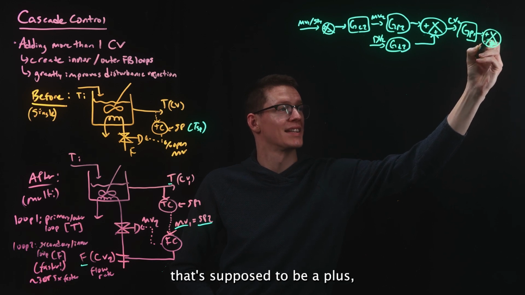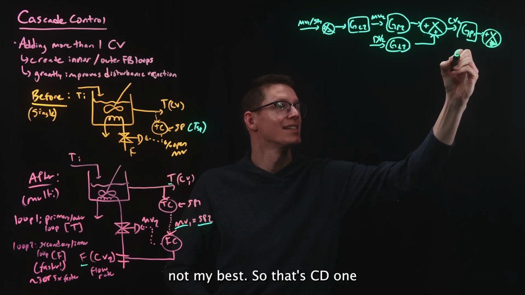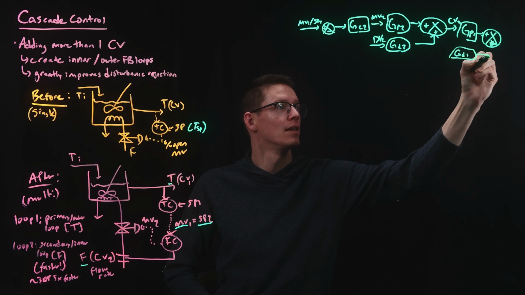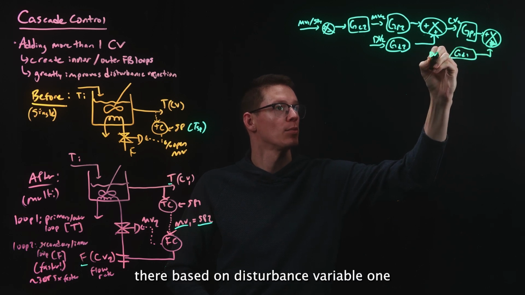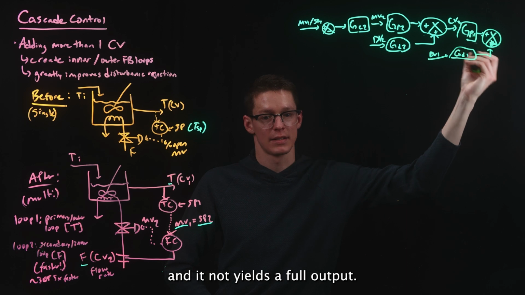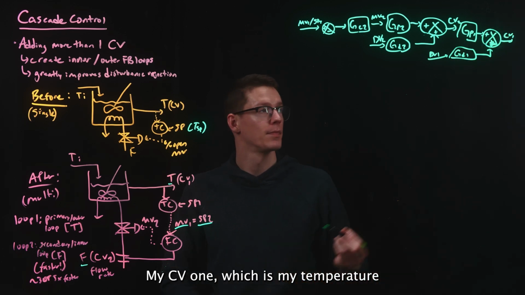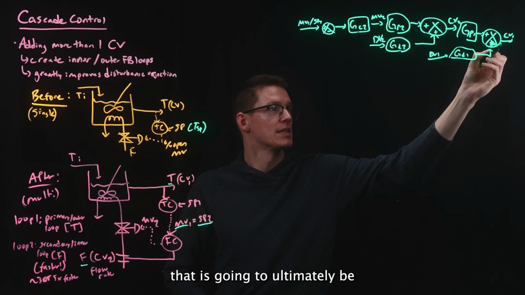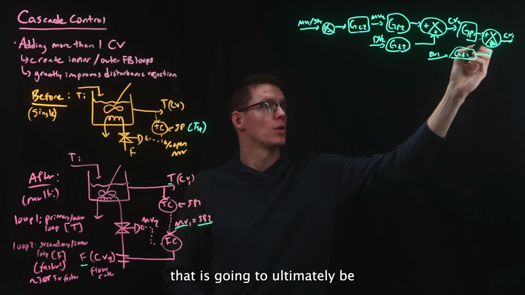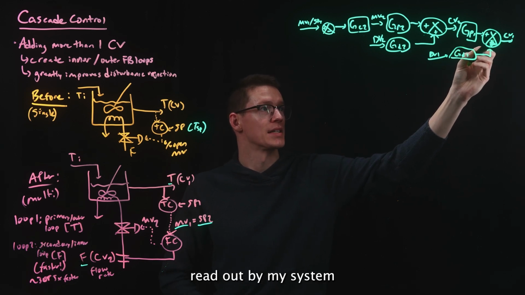That's supposed to be a plus. Not my best. So that's GD1. It goes into there based on disturbance variable 1, and then that yields a full output, my CV1, which is my temperature. That is going to ultimately be read out by my system